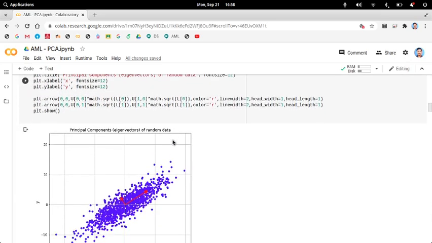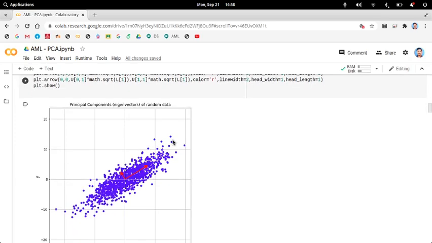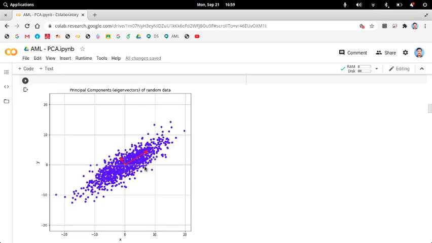If you plot the eigenvectors along with the data, using the spread of the data, you can see that the size of the two eigenvectors depends upon the variance in the data. So the eigenvector corresponding to this direction is going to capture most of the information.